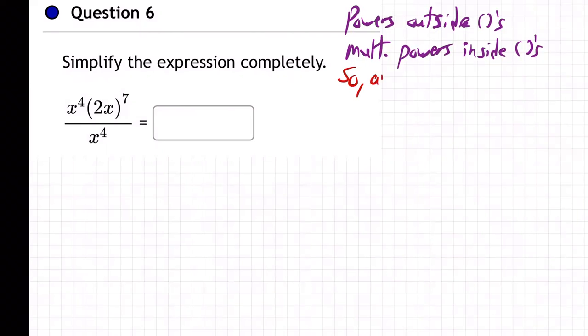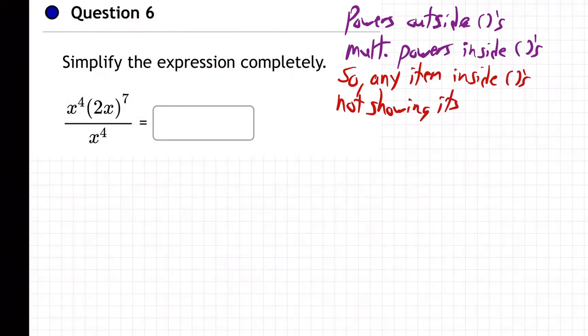So any item inside parentheses not showing its power